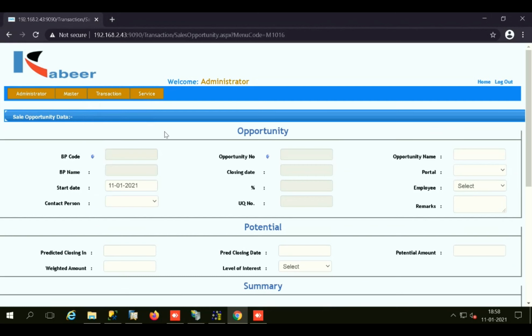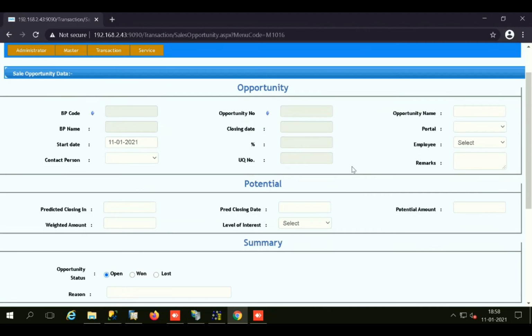Initially discussing the sales opportunity screen, in which you can save the information for your opportunity: the BP code, name, the start date of this opportunity, the contact person of the business partner, the opportunity number, which is automatically given, the closing date, closing percentage, opportunity name, the portal from which you have received this opportunity, the sales employee name, remarks, the potential information, predicted closing in date, predicted closing date,